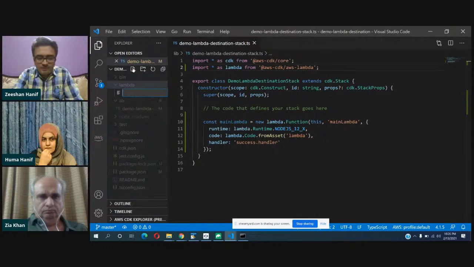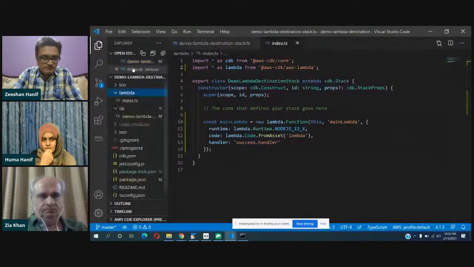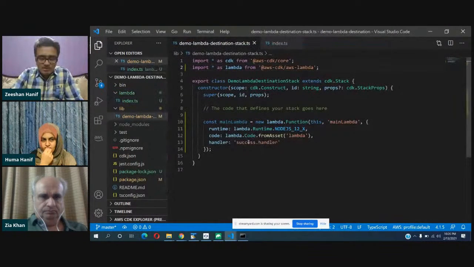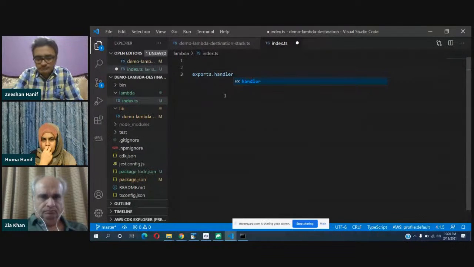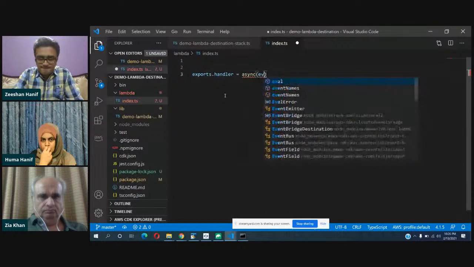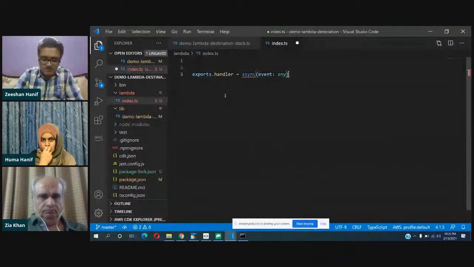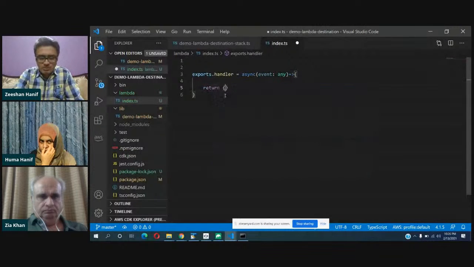Inside that I'll have a file named index.ts. I'll make it index.handler. Inside the ts I'll have an export. At this moment this function is